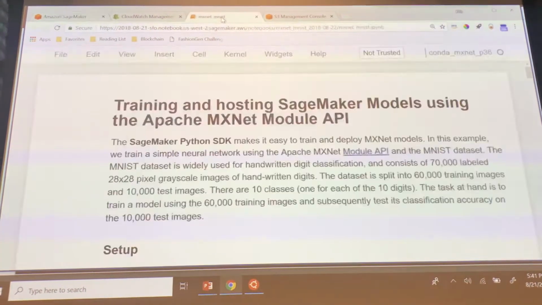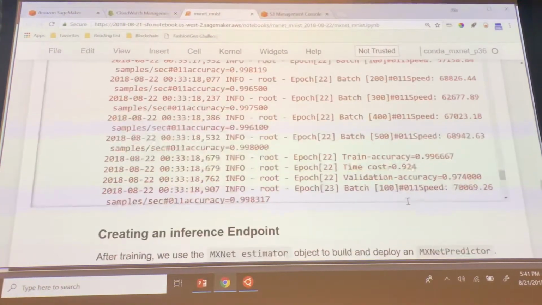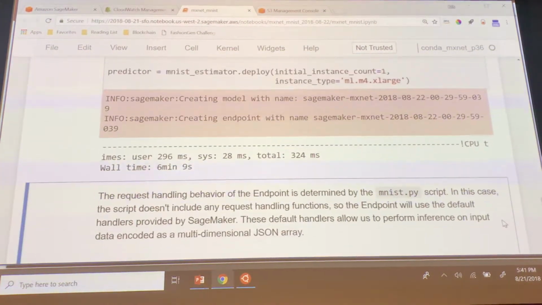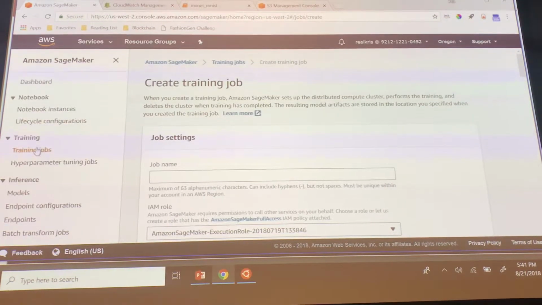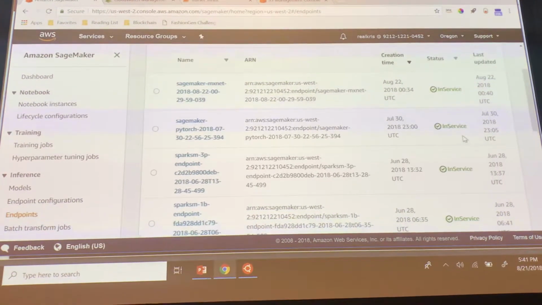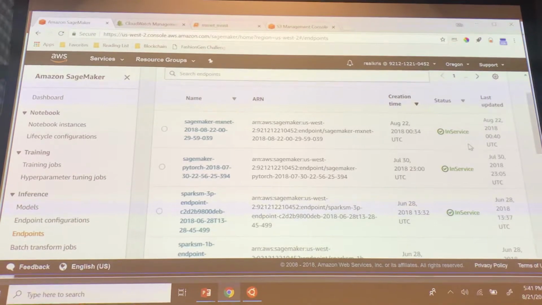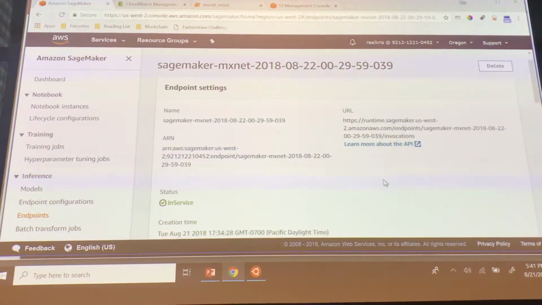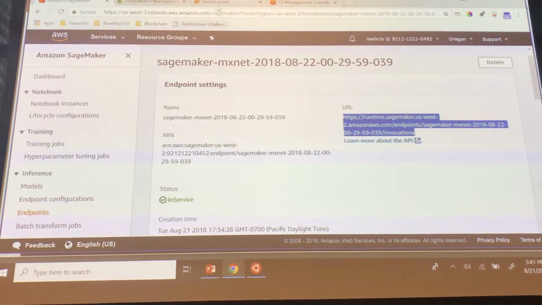All right, I'm going to come back over here. We're probably close to or actually in deployment now. And that was our training data. Good. Okay, so we have deployed. We're in production. If I come over here and look at my endpoints, I have a bunch in service. Don't do this, by the way, because that costs money. But here's my new endpoint that's in production, okay? So there it is. It's available for you to call from this URL,